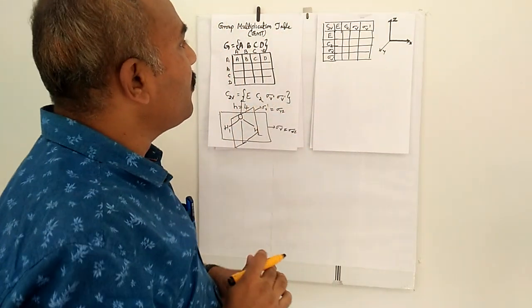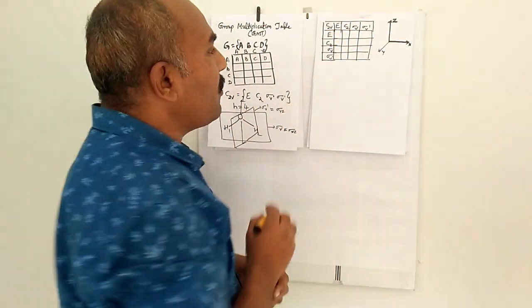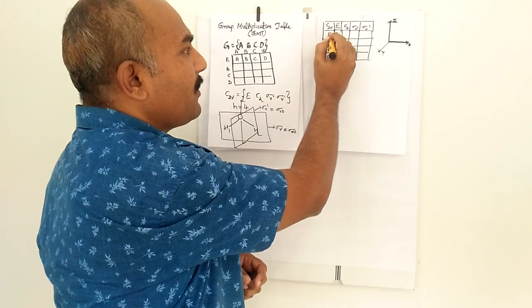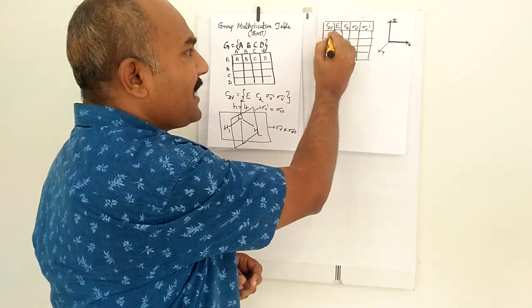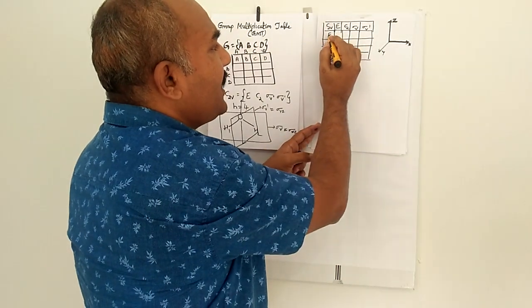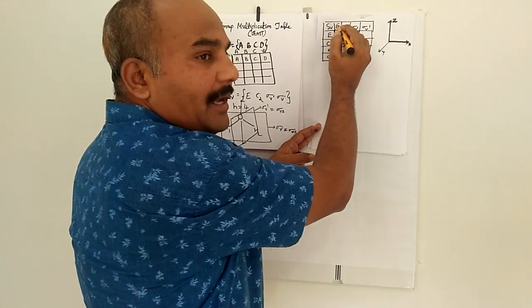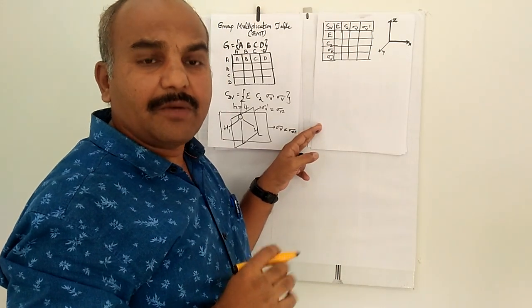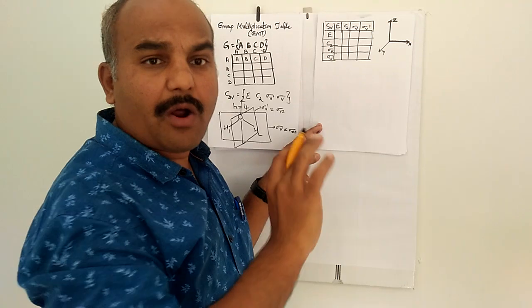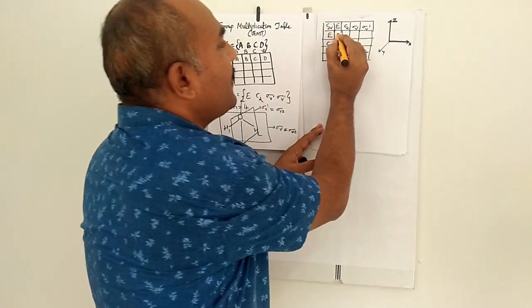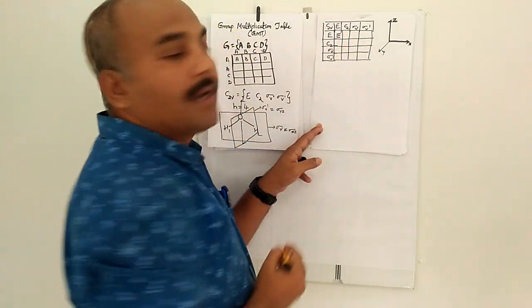So now we have to multiply. As I told, the entry in the table is the product of the two elements which head that column and that row. So here the entry is the multiplication of E with E. We know that E is obtained by the identity operation, which is a do-nothing operation. You are not doing anything on the molecule. Hence the answer is E only.